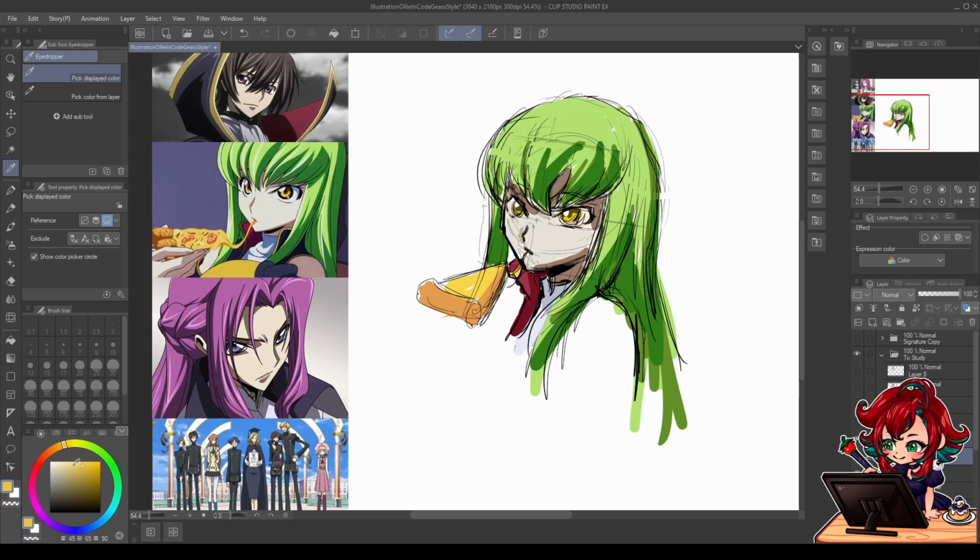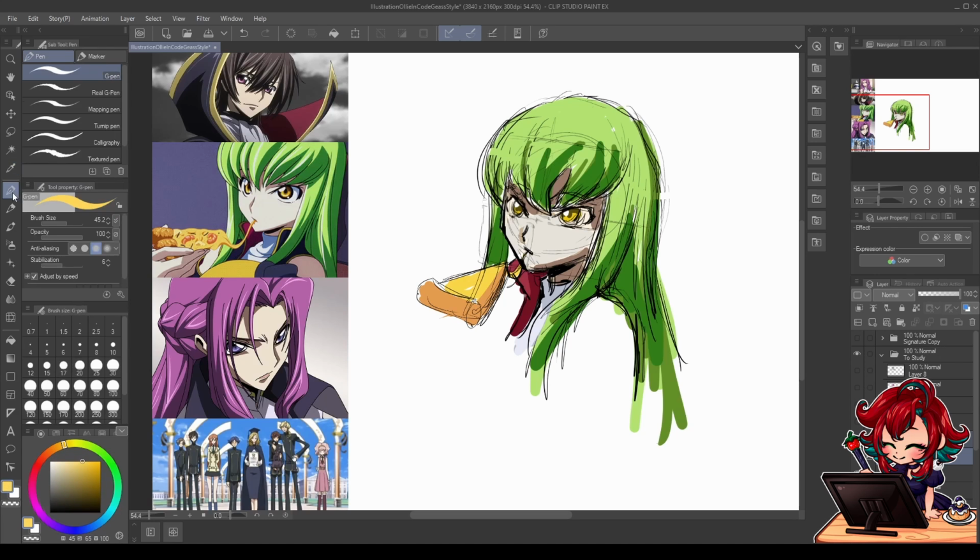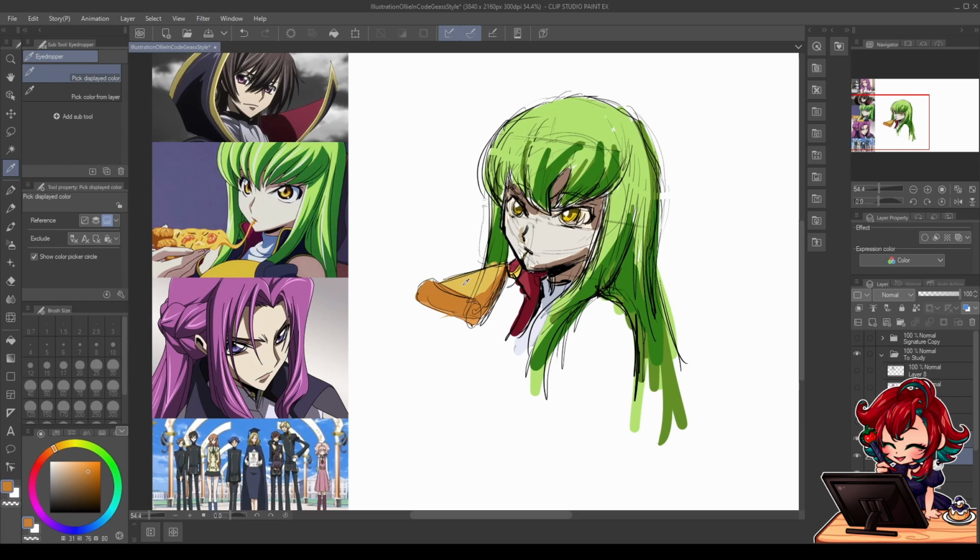Okay, let's try redo the pizza. So maybe this, and for the shadows maybe this, if I recall correctly. So let's try it again. Okay, now it's a similar color, and for the shadow, oh, it's okay. Seems to be fine. What about this red color? Just, yes, it's not very good. Mine is way too lighter,